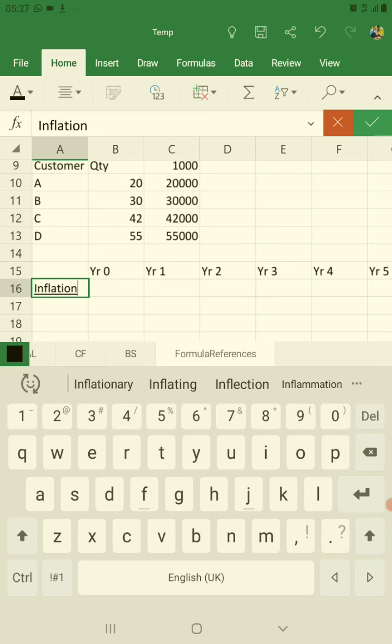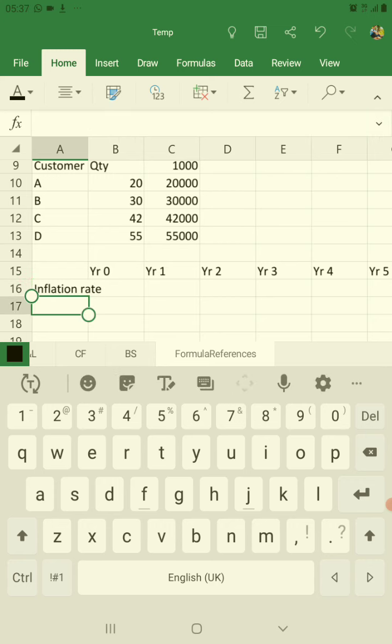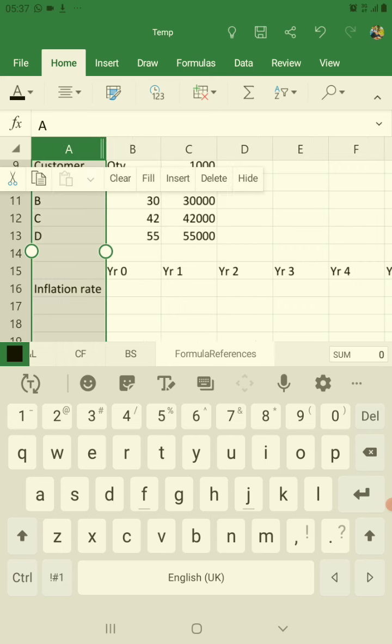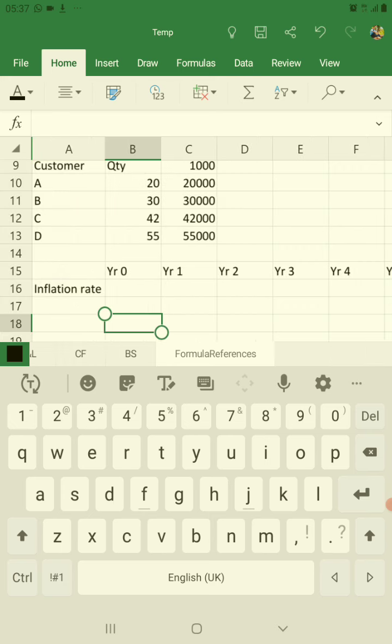Inflation rate. I double tap on the column header to expand this column so that it fits the inflation rate. So I double tap on the column header on top. Okay, so